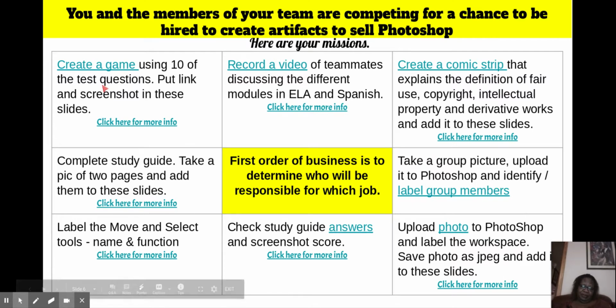for which job. And some of the jobs are create a game, record a video, create a comic strip, label an image in Photoshop, complete the study guide. So they had to do a study guide in class. So this is at the end of the unit. All right, so there's a study guide. I want them all to work together, complete the study guide, and they're to take a picture and upload the